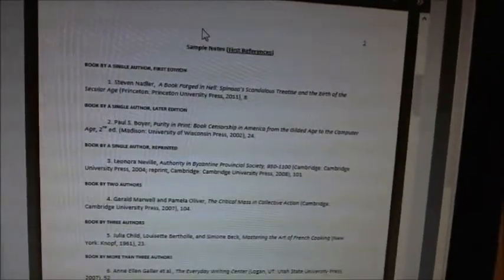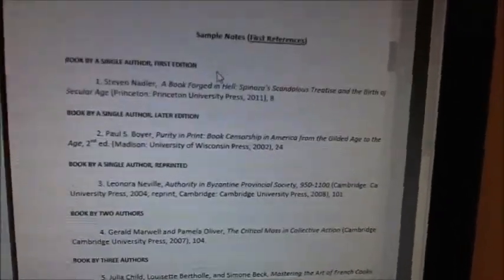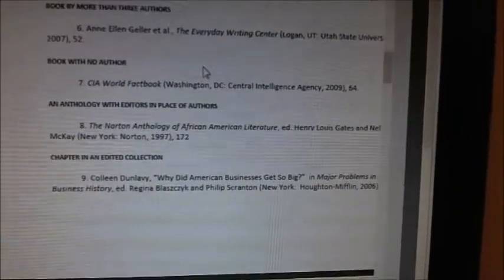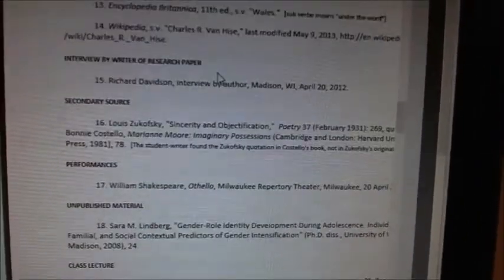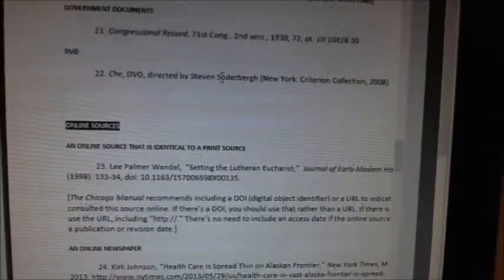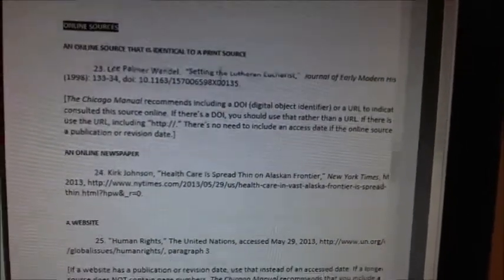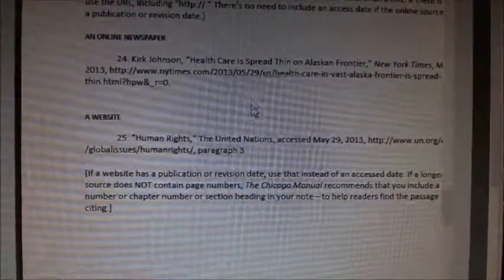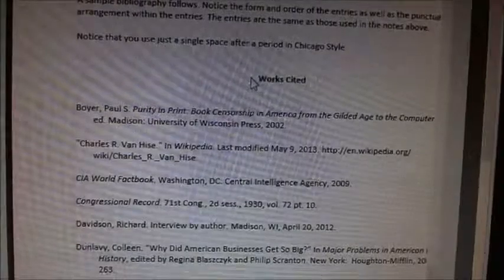Oops, I don't know what I'm looking at. Okay, so here's what it looks like. That's what the PDF looks like, and I don't really know what else to say. But you can follow these instructions as to how to cite things, and then there's a works cited page like that,